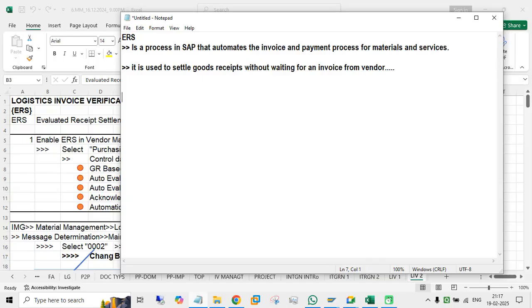So here the system automatically posts the invoice document based on the purchase order, goods receipt or something like that, and the payment details will be sent to the vendor. Okay, now